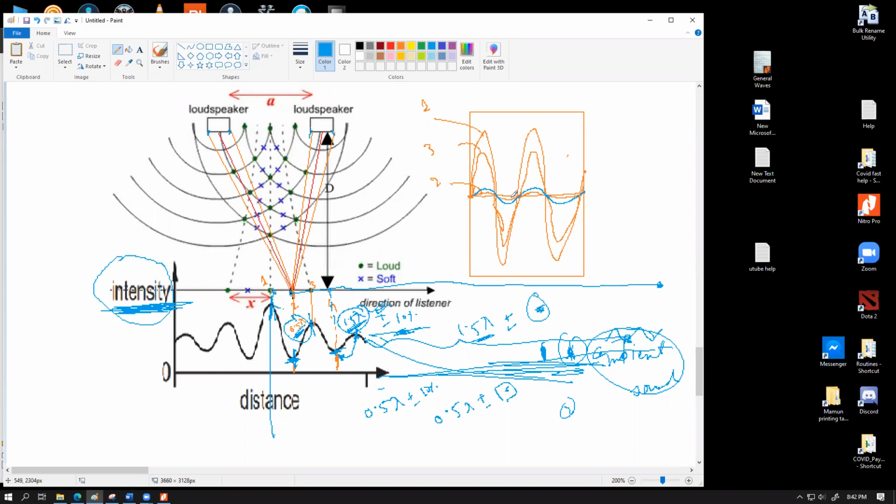The actual sound is measured in the zero. How much is that amplitude that is represented in this curve? Intensity